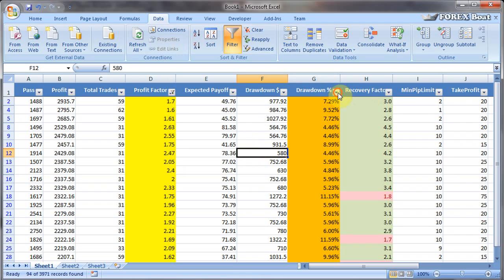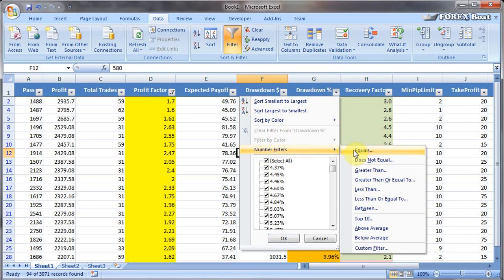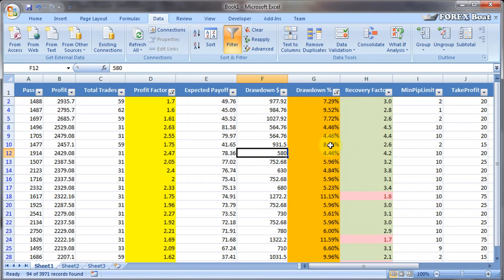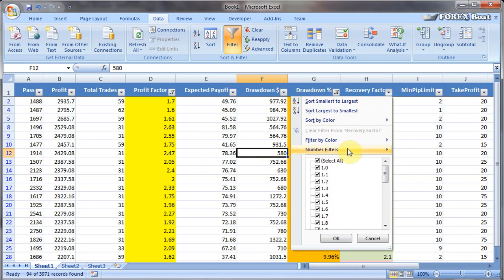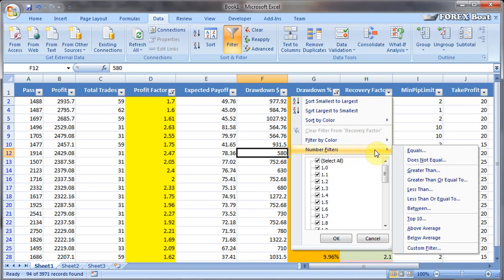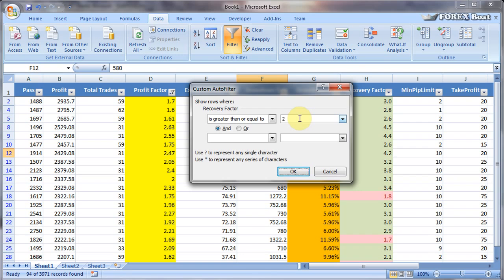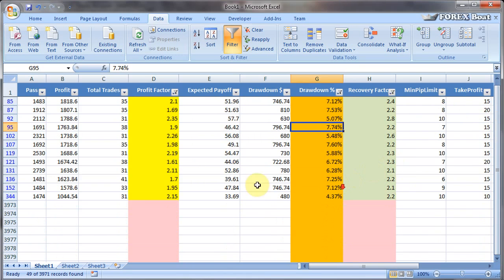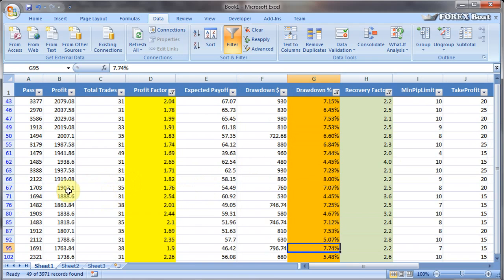Same thing we want to do for the drawdown. Number filters, less than, we won't even do less than or equal to, we just want less than 15%. Click OK. And finally, recovery factor. Number filters, we want greater than or equal to 2. And as you can see, we've removed all of the red, and we're left with a very limited number of